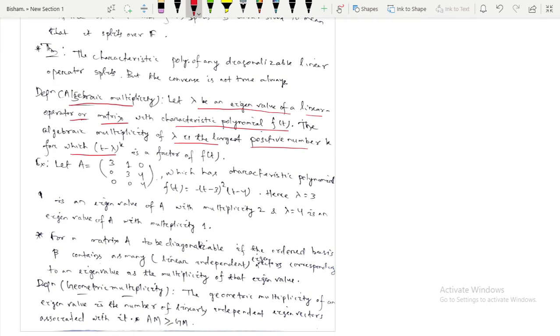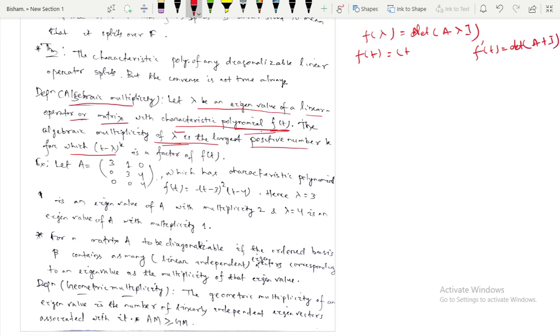That means if the characteristic polynomial is given to you, or if you know already how to evaluate it, if f of t is known to you, then you must find out what is the algebraic multiplicity of any eigenvalue lambda. Suppose for a problem, f of t means what we got here, f of lambda, like determinant of A minus lambda I, and f of t is the same thing just in variable t, like determinant of A minus tI.